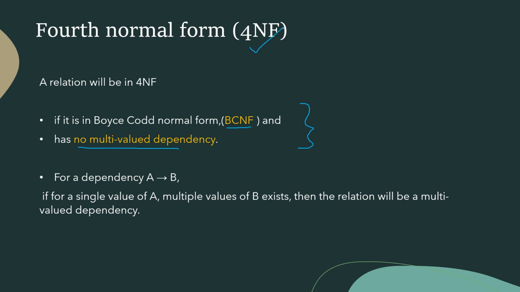So in order to make a table into fourth normal form, first of all we have to check whether the table is in Boyce-Codd normal form. If that is okay, the next condition we have to check is whether any multi-value dependency exists inside the table. If there does not exist any multi-value dependency, then we can say that the table is in fourth normal form. Once again, I repeat the concept of multi-value dependency: if there exists a dependency between A and B, that is A implies B, and for a single value of A multiple values of B exist,